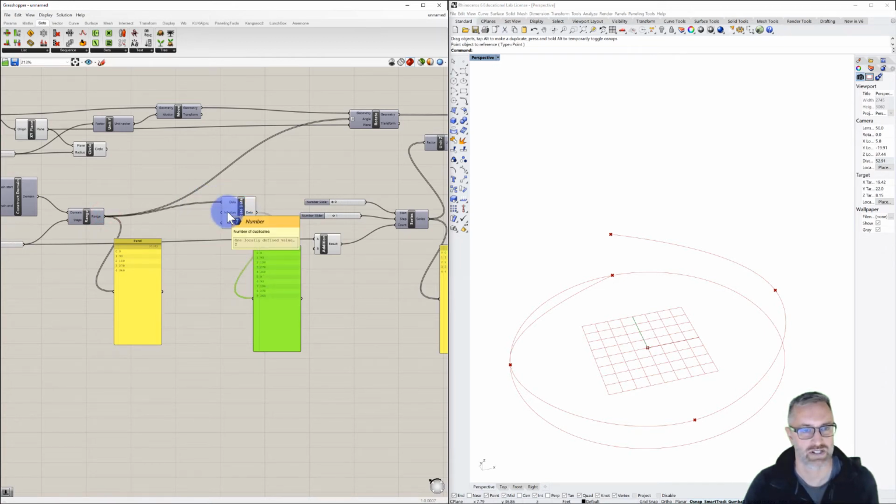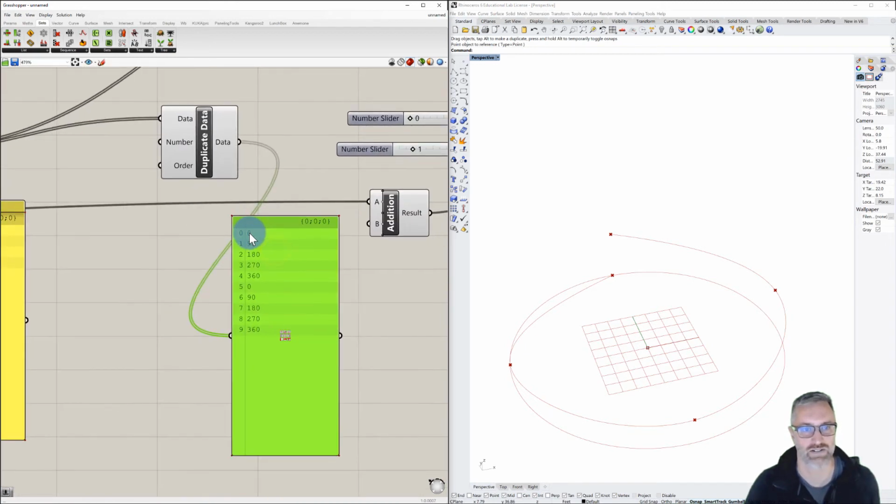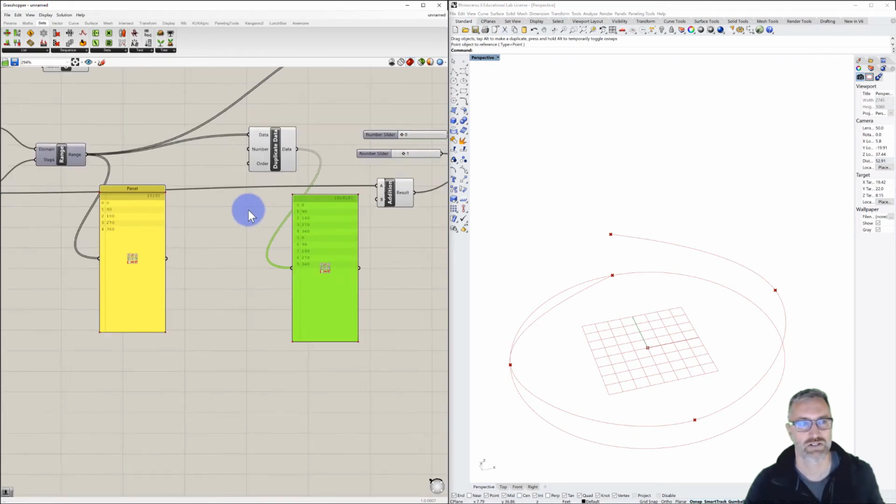And so we can see that the number is set to 2. And what's happening is that this is just duplicating from our range over here, which goes from 0 to 360. This goes from 0 to 360 and 0 to 360. So we can add,